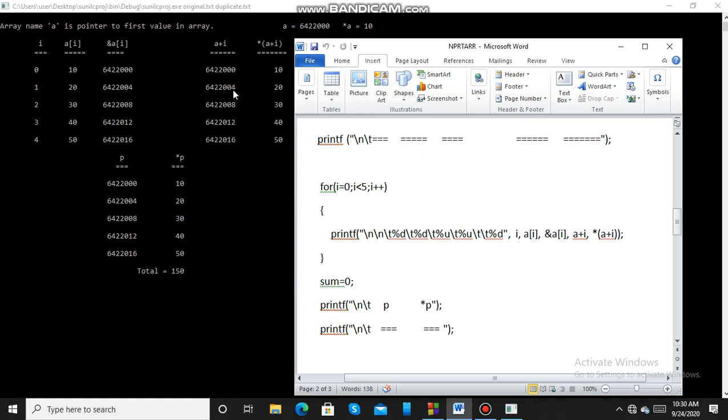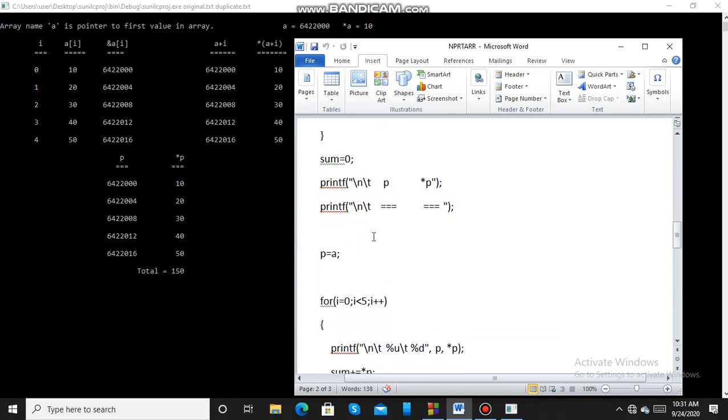A plus 1 means 1 into 4. So A is 6422000 plus 1 into 4, that is 4, so it becomes 6422004, and I am dereferencing that using star. Value in this address is 20. That value I am printing here. Similarly, for 2, 3 and 4 values of I, it will get printed in this for loop.